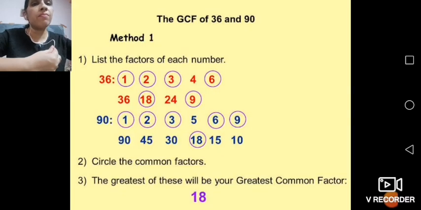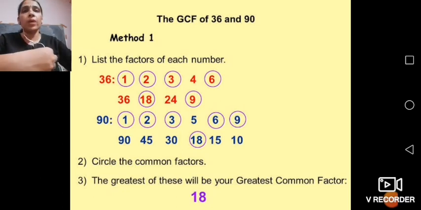Now here GCF, greatest common factor, one more example is there by listing the factors of given numbers. Like here 36 and 90, you are going to list out the factors and then circle the common factors. Out of the common factors, take out the greatest common factor, that is 18. So this is the method of finding HCF, and we are going to use this common factor method only to find out the HCF of given two numbers. So let's do the questions now.